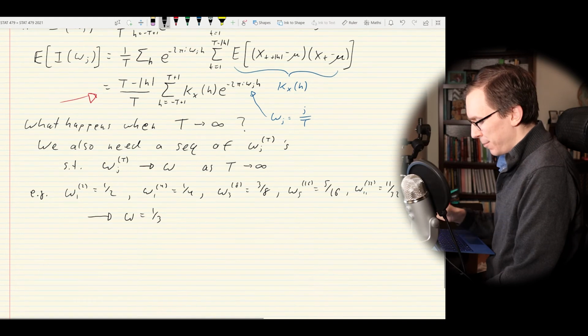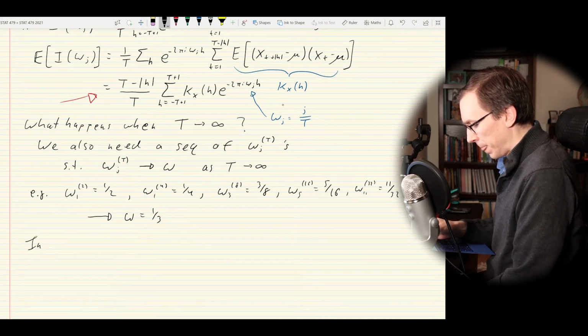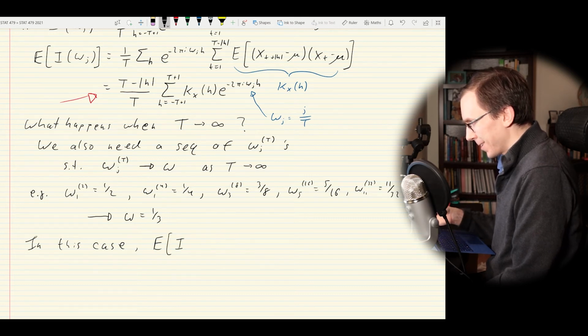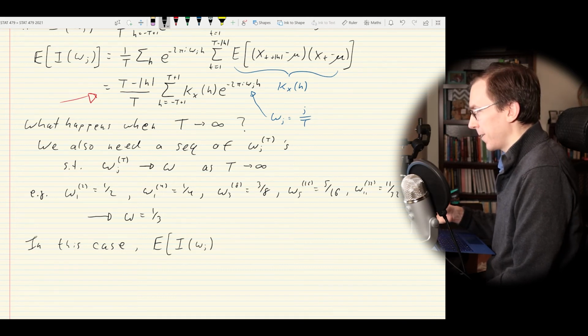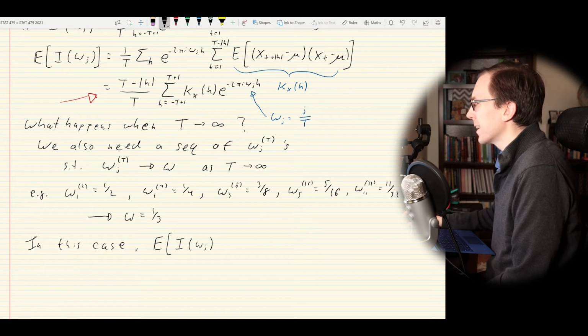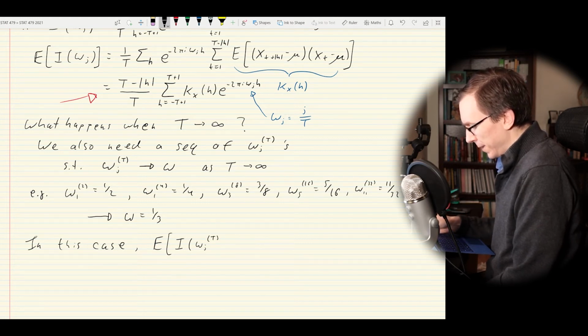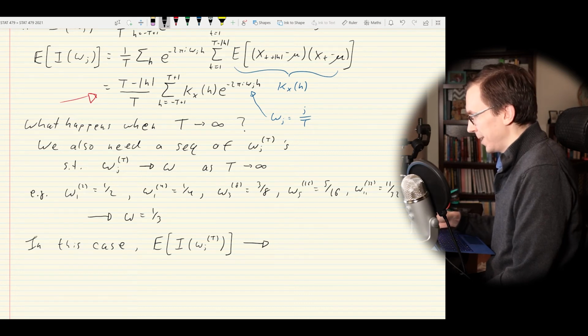Anyway, the point is that in this case, what we find is that the expected value of the periodogram, again, the periodogram is an estimator, and then I need to give it specifically with some t here for our frequencies, then this thing is going to tend to